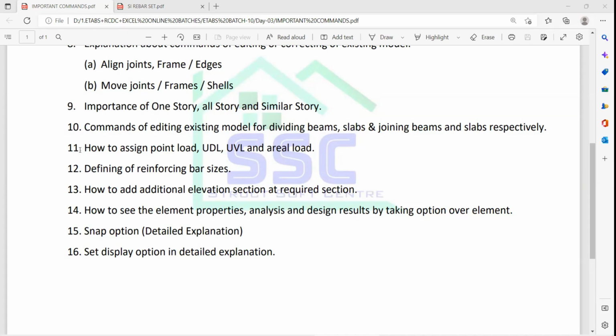In the last session, we have seen the options up to the 10th point: how to edit the existing beam if you would like to divide it, how to edit the existing beam if you would like to join it, how to break the slab, how to join the slab. These all things are required when you are going to edit the existing model, correct the existing model if there